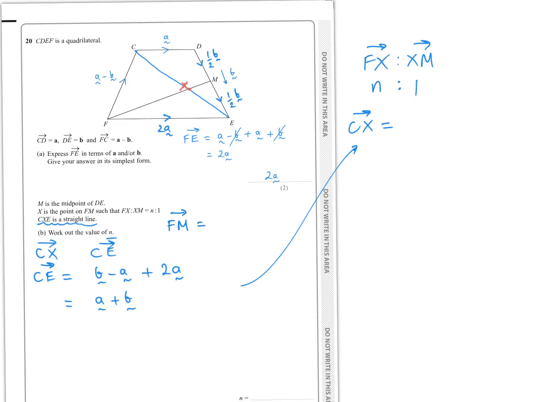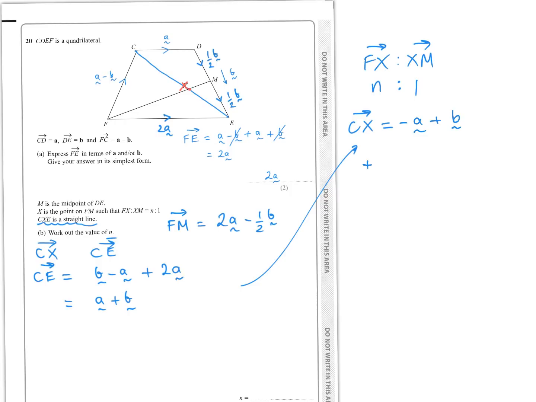And that is going to be 2a minus a half b, because all I've done is said, okay, I want to go from here to here, so I'm just going to go this way, 2a minus a half b. Don't forget, because this is plus a half b going this way. So it would be fair to say that c to x is minus a plus b